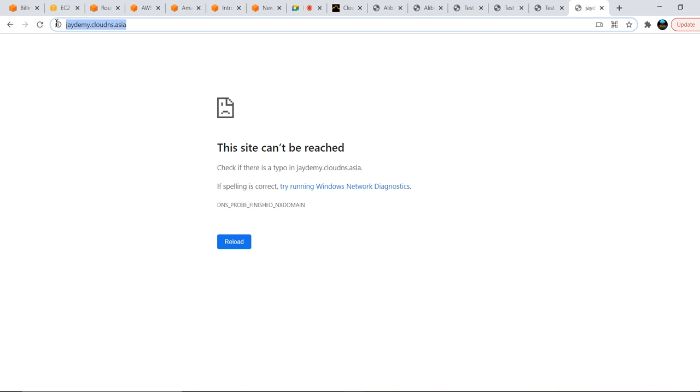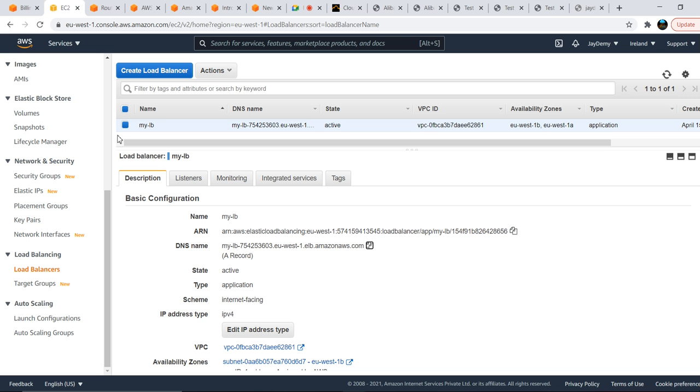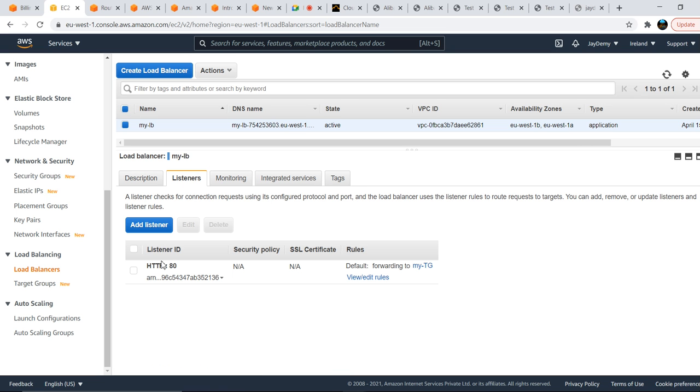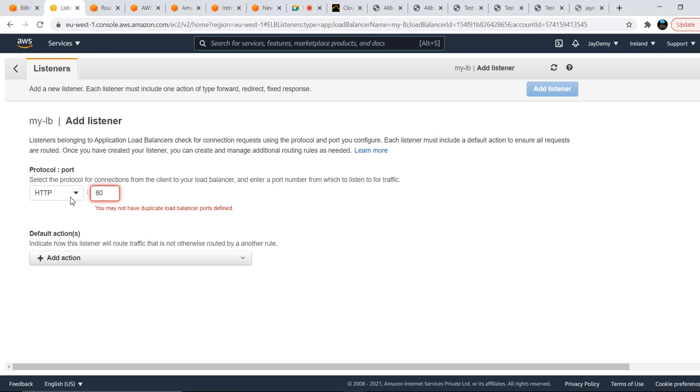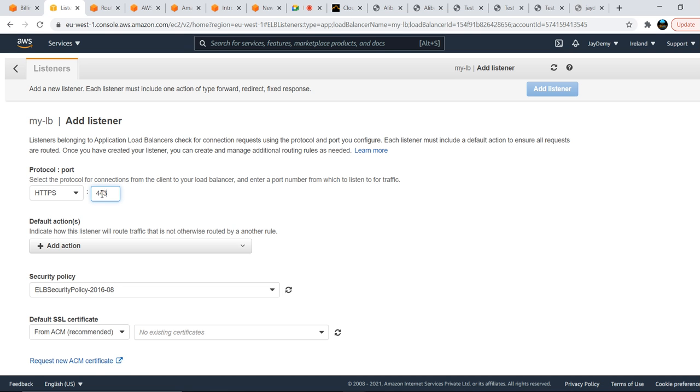So meanwhile, I will explain one concept here. Till now, we have used only the HTTP listener. So if you see here, add one more listener. What listener do we have? HTTP we have already added, and you are using port number 80, you may not have a duplicate listener on the same port. So what we need to do is use HTTPS with port 443, that is a fixed one.